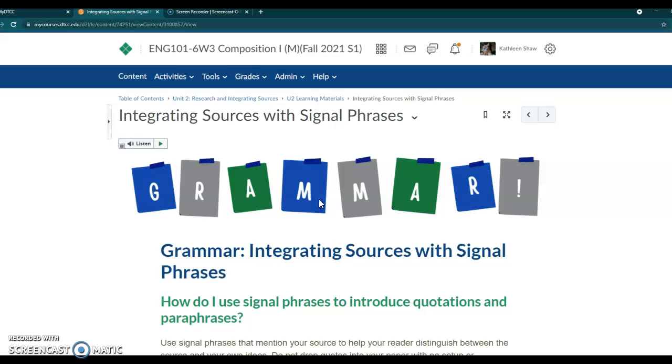When you quote material, that's the thing that you're the most familiar with, I'm sure. When you quote material, that's when you cut and paste it directly from the source, put quotation marks around it, and end with a citation. When you paraphrase, you take that exact same quote or idea or paragraph and you put it in your own words entirely, new sentence structure, new words, you explain it in your own wording. You don't use quotation marks, and then you end with a citation. All of these are different ways of incorporating sources into your paper. I'm going to show you in another video a practical demonstration of how I would do this.